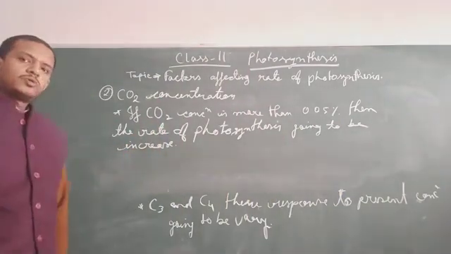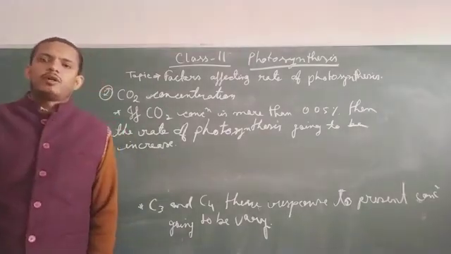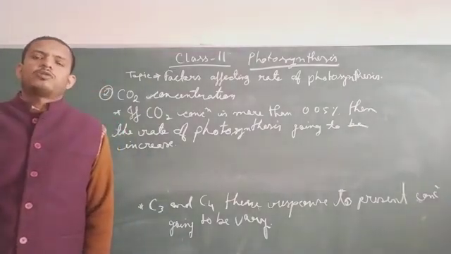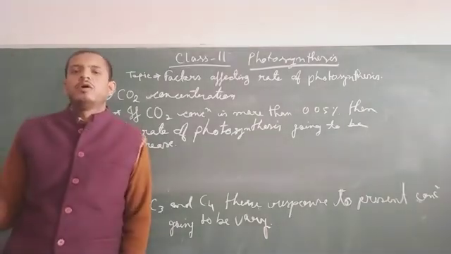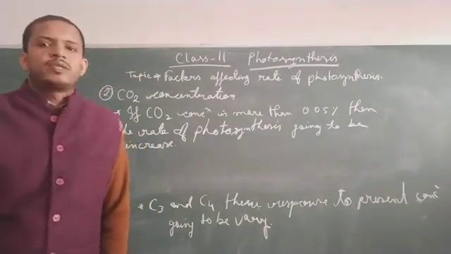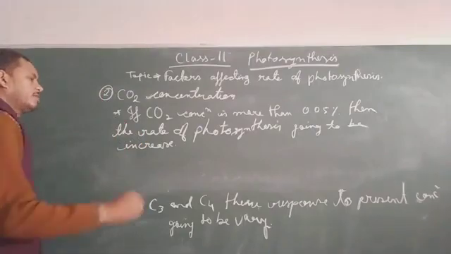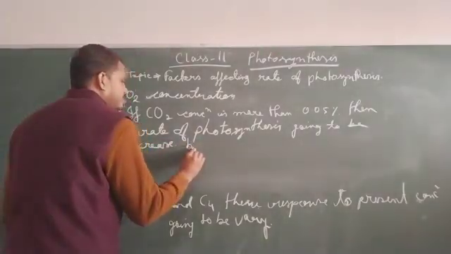So if the presence of carbon dioxide in the atmosphere is up to 0.05%, then the rate of photosynthesis is going to increase, but